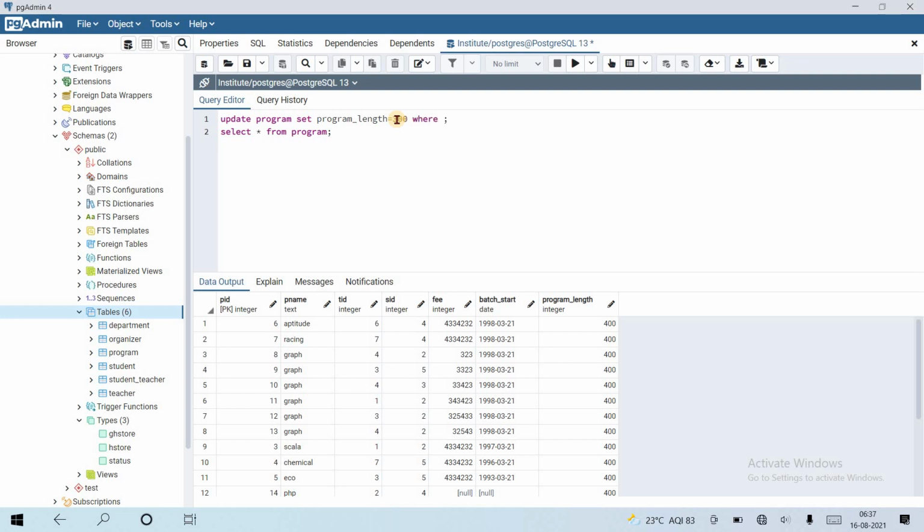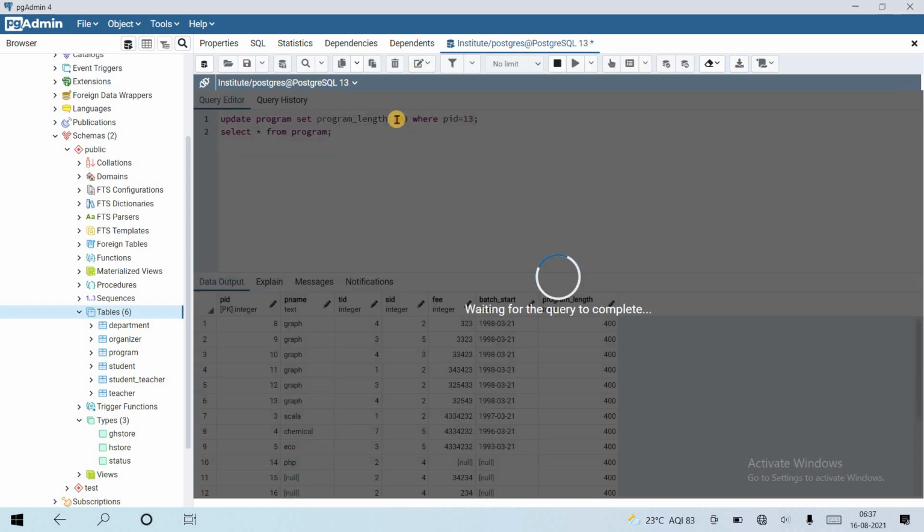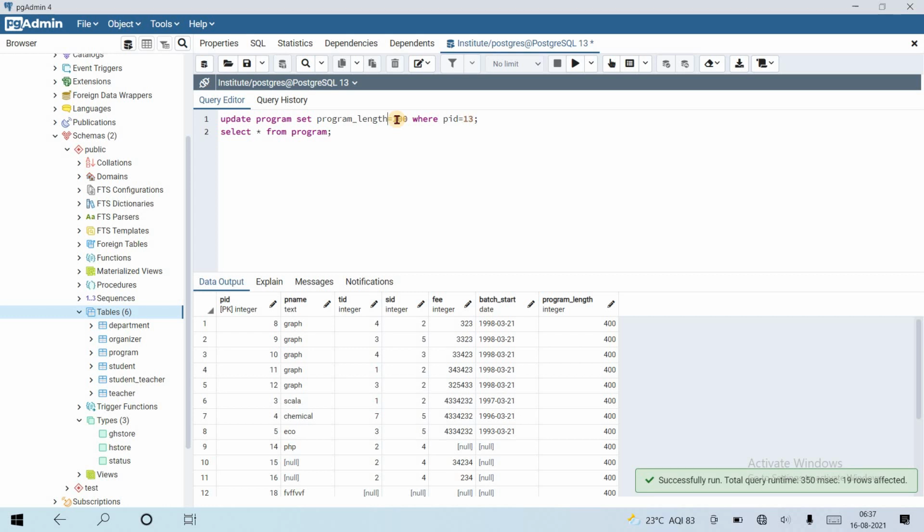Where PID equals, suppose, first 6 becomes 300. 7 becomes 200. 113. 1014. 15, 800.